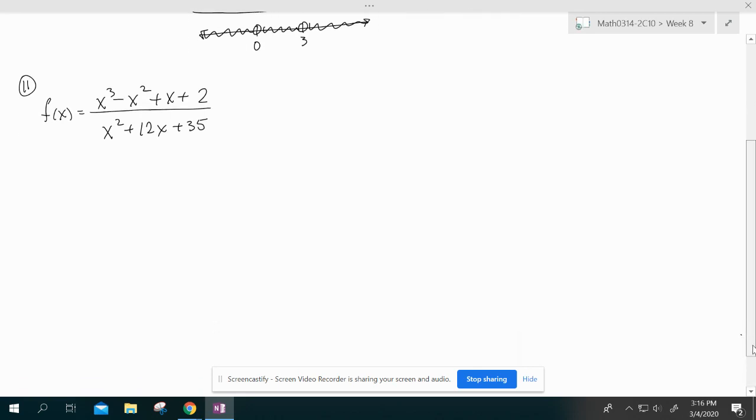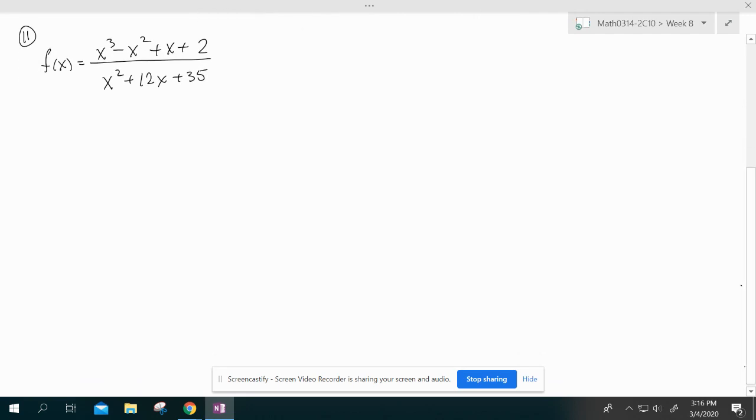And we have the same set of instructions. Here it says find the domain. Is this a rational function? Everybody knows how to identify it as rational? You got to have a fraction. And what else? Variables in the bottom, yeah. And does a rational function have a restriction? What is it? Okay, so then what we're going to say is, if I'm going to find the domain,